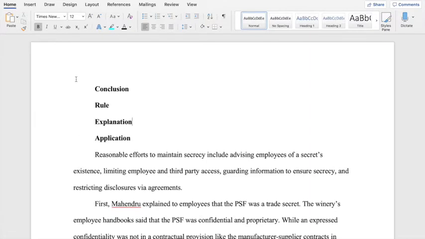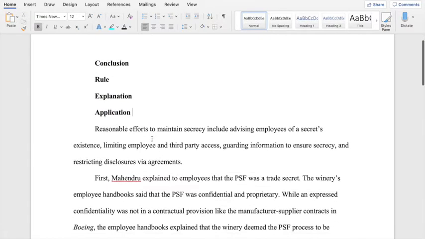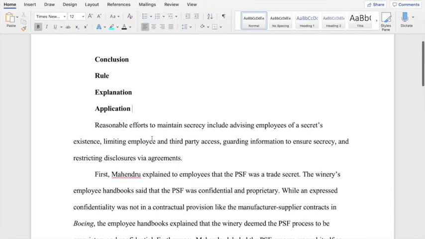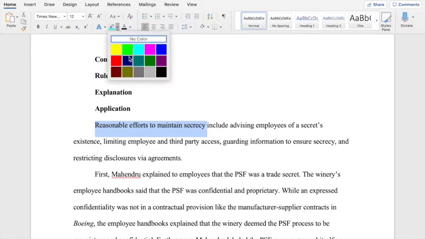Okay, so here we have an example of the application portion of the CREAC. You can see here that I've noted that there's going to be a conclusion, a rule, and an explanation that comes before that. And here we have your application. This application is synthesized. What that means is that it's divided into topics. What makes it synthesized? Well, first, this is their overall element that they were researching, which was, let's see,